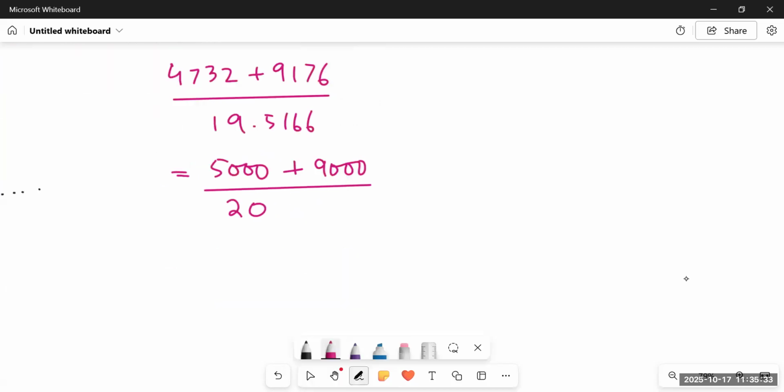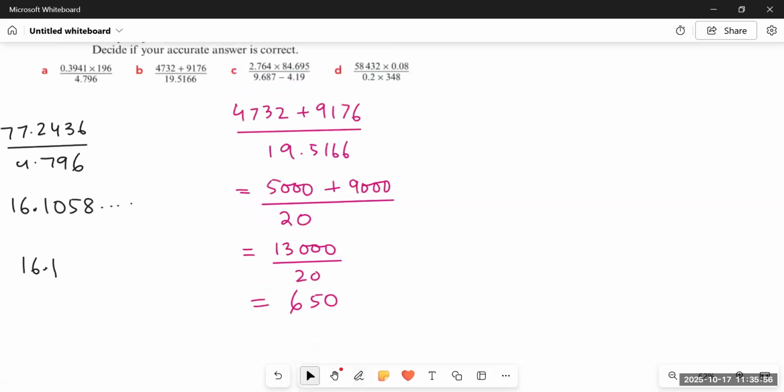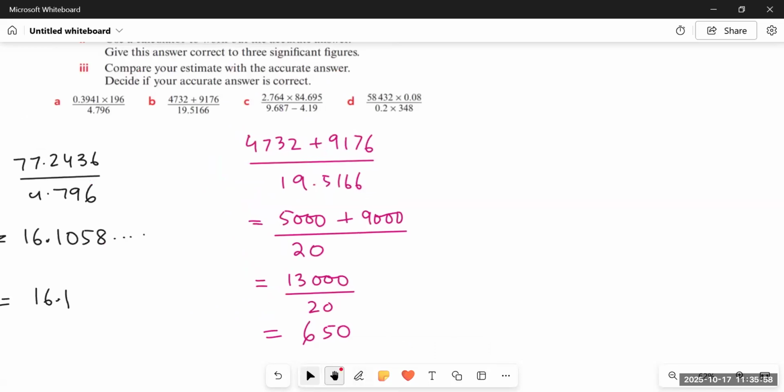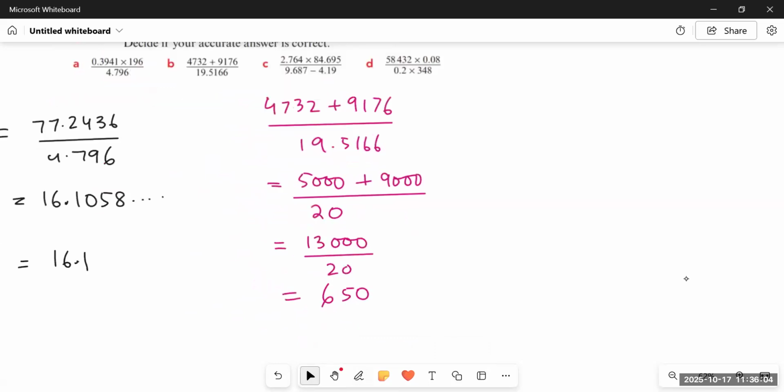So we will add 5,000 with 9,000, which gives us a total of 13,000. Wait, 9 plus 5 is 14, not 13. Okay. So it would become 700,